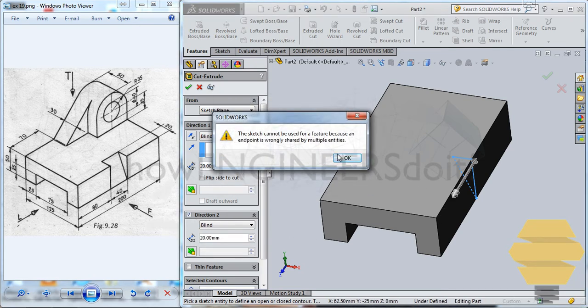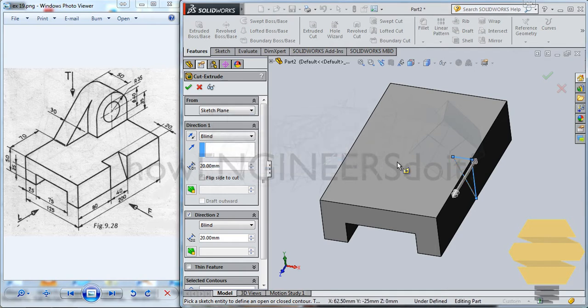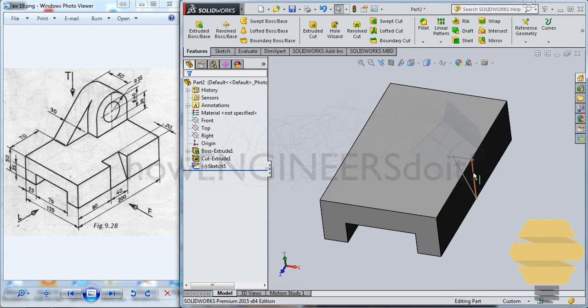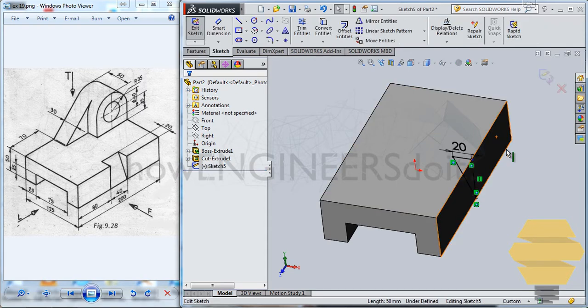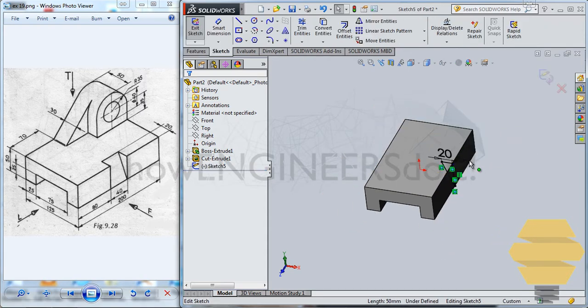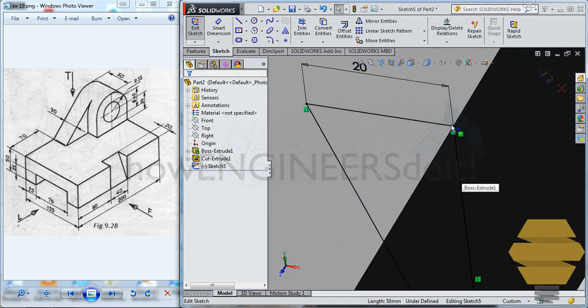Oops, that's creating some issue. Cannot be used for a feature because an endpoint is wrongly shaped to multiple entities. So there is something wrong with the sketch, so you just need to investigate the sketch. You can zoom in a little bit and you'll be able to see some,